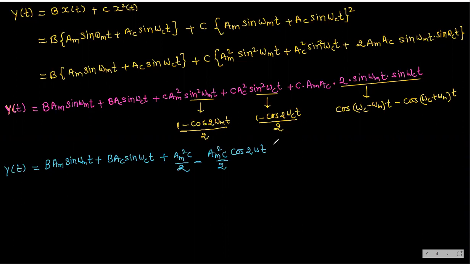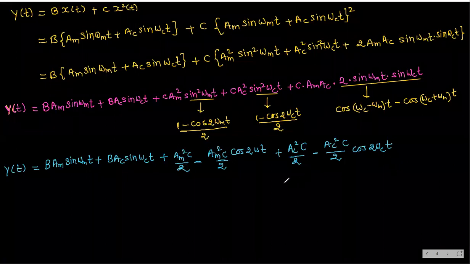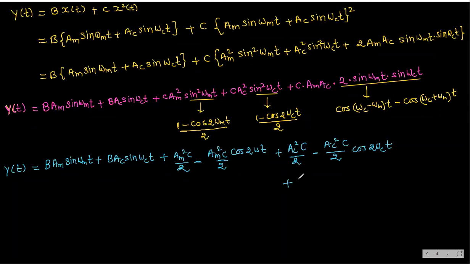Okay. Next, see now this plus. Here I am writing what? AC square into C by 2 minus AC square C by 2 cos 2 omega C T. Yes, no? After this plus, this side C into AM AC